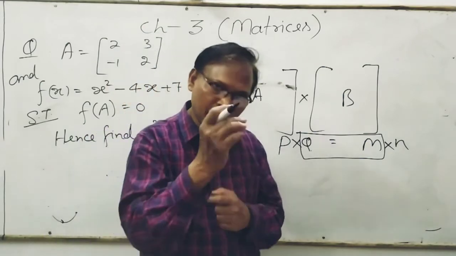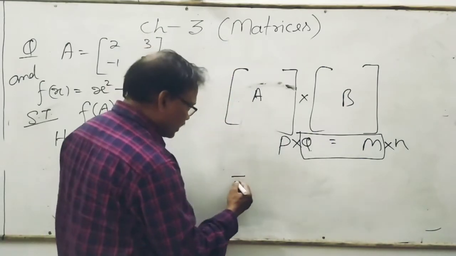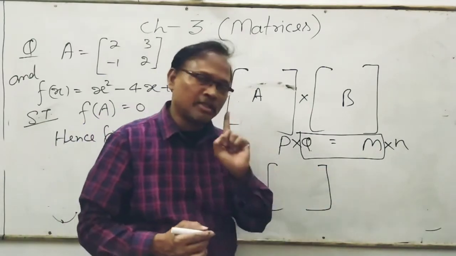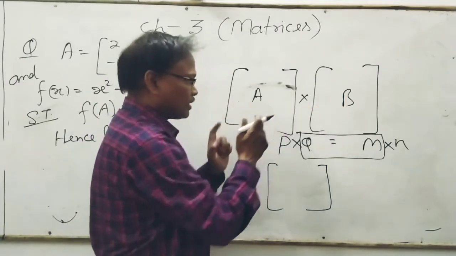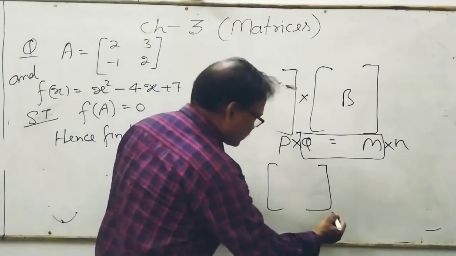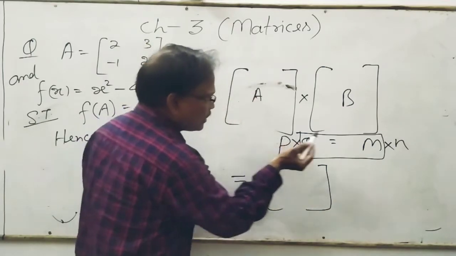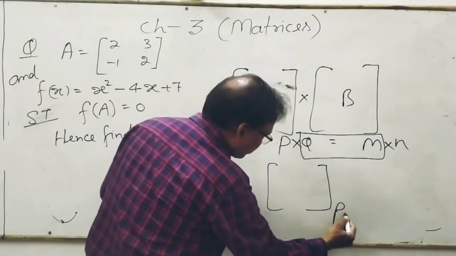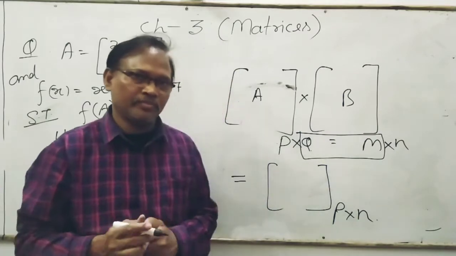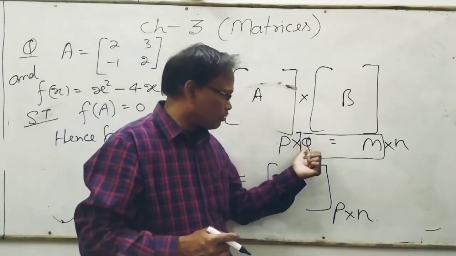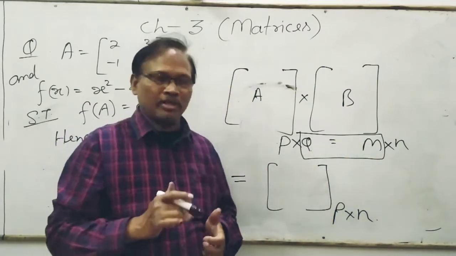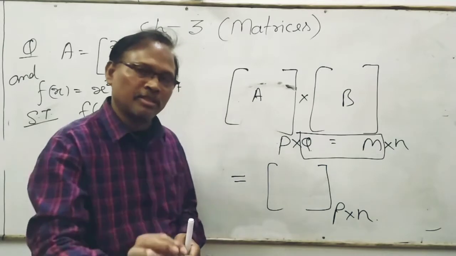Also, in continuation, the order of the resultant matrix after multiplication, मतलब इसको multiply करने के बाद, you will get the order of the resultant matrix as the remaining rows and columns, मतलब P cross N. This is the rule to multiply. If the number of columns is not equal to the number of rows, we cannot multiply. Means you can say the multiplication does not exist.